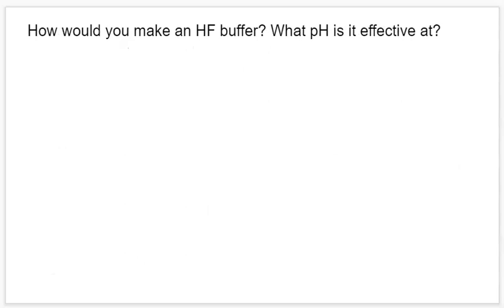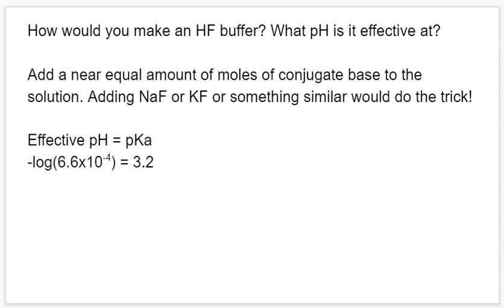All right, and while we're talking about HF, how would we make an HF buffer that is stabilized in the buffering region for HF? And let's also figure out what pH this buffer would be effective at. Well, I mentioned before that the best way to make a buffer is to combine near equal amounts of the acid and its conjugate base, or vice versa if you're looking at a base buffer. So that means we can add sodium fluoride or potassium fluoride, something like that, some sort of ionic compound that has the conjugate base